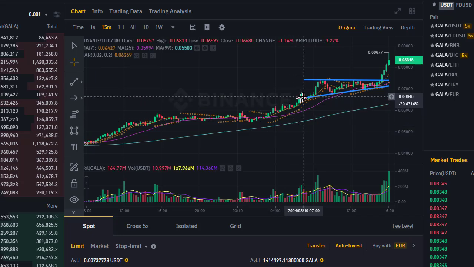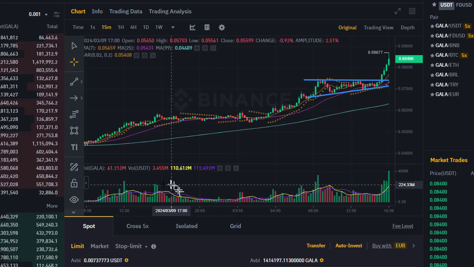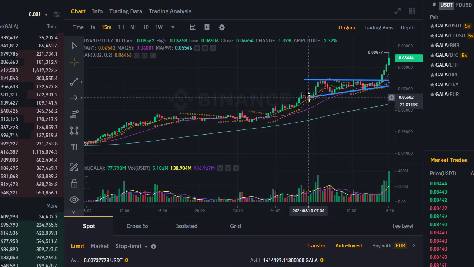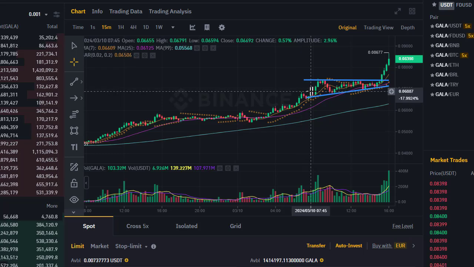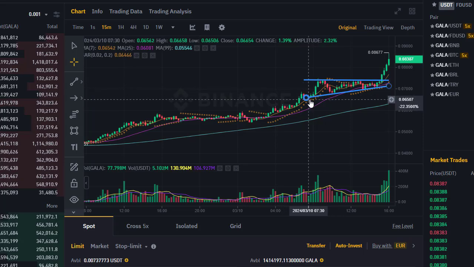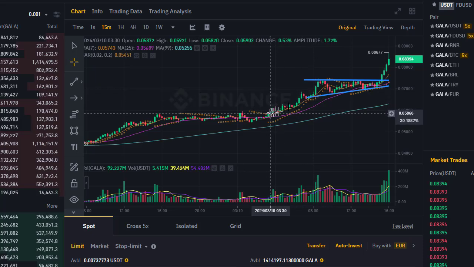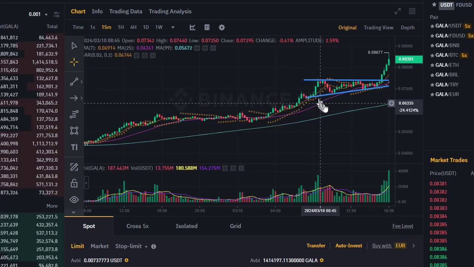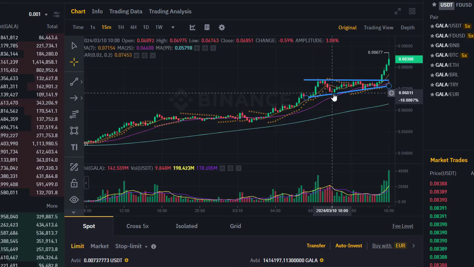So again, we're back at this point. We've had higher volumes, the highest volume we've had for quite some time. So something is happening price-wise, and it's gone above this previous high point here, and that's where you get an interesting change, we've moved to a new price range. So the sellers that were here brought it back down a bit, but then the buyers came back in, and these are people who are saying, well, this is going up, I need to get in. So there's fresh money coming in, and it pushed it up. However, the sellers came in here, and it drops back down to the lower blue line.